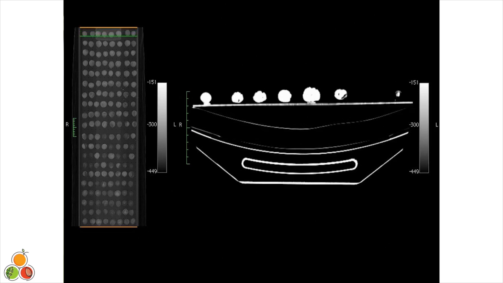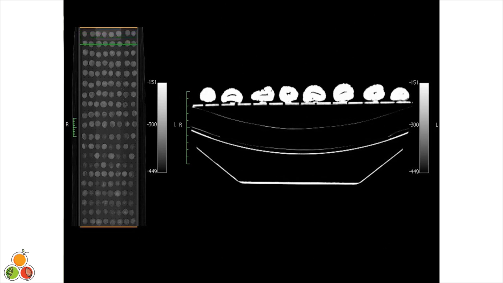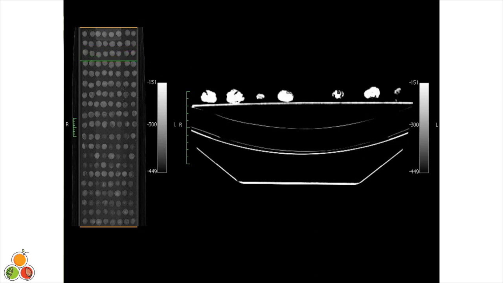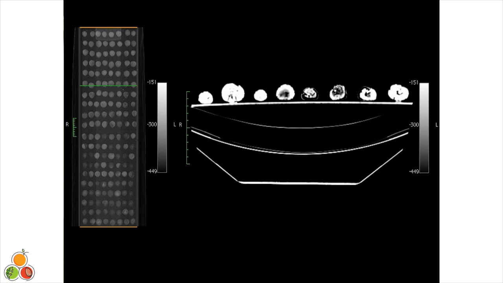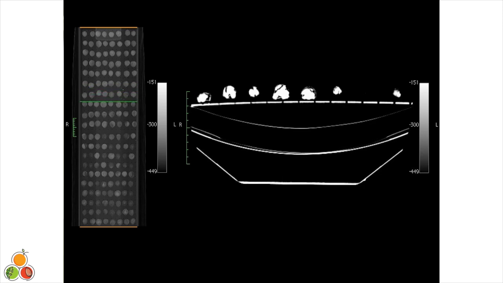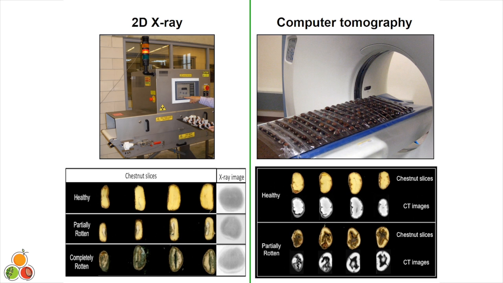Here are my sorters. What did I say? White was healthy. Is that right? Black or gray or dark is rotten or void spaces. Tell me when you see rotten chestnuts. Oh, there they come. Look at that. So the computer has the ability of doing this at a very, very fast pace. Okay? You just became digital sorters with me right now. Okay? 2D X-ray images, difference between